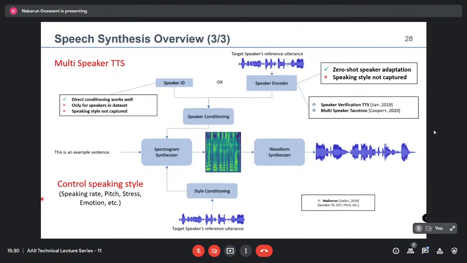So if you want to train it from scratch, then I would pay more attention to the task, like whether you are training it for speaker verification or something like that. But if you are looking for a pre-trained model, like you want to use a pre-trained model which somebody else has already prepared, then